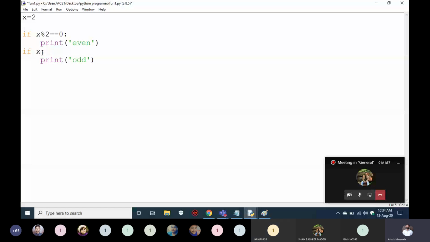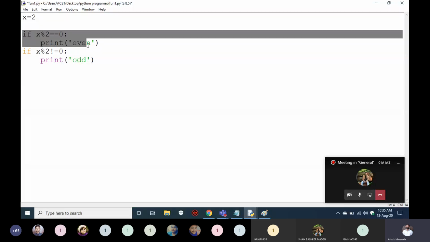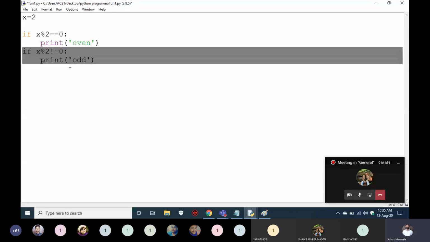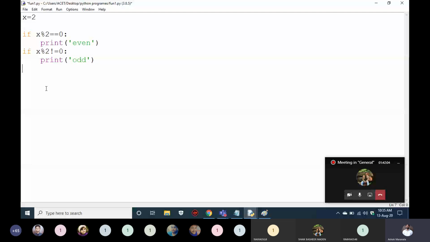Okay, x mod 2 not equal to 0. How are you saving the time? If the first if is true, it doesn't go to else. అంటే else will check చేయట్లేదు. So first if true అయింది కాబట్టి it came out and it prints even. But in this scenario, even though the first if is true, it is checking the second if. Second if ని కూడా చెక్ చేస్తుంది మళ్ళా. Waste of time. We got already one statement as true. No need of checking the other statement. If you write another statement with if, it will be checked. That means it is unnecessarily wasting time even though one condition became true. ఒక condition true అయిపోయినా సరే, it is wasting the time by checking unnecessary things.